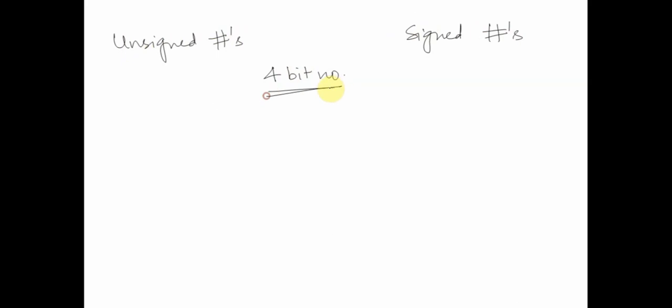If we have a 4-bit number, what all values could it have? All zeros, 0001, I'm just writing them quickly, 1 2 3 4 5 6 7, and then we have something like,